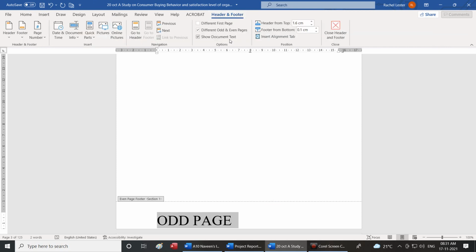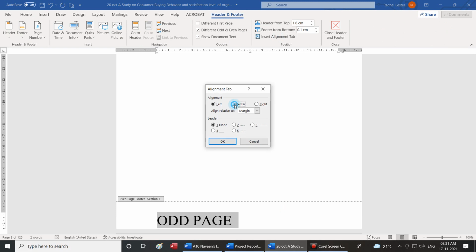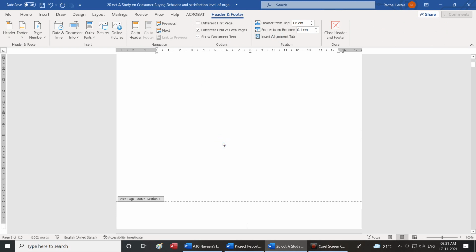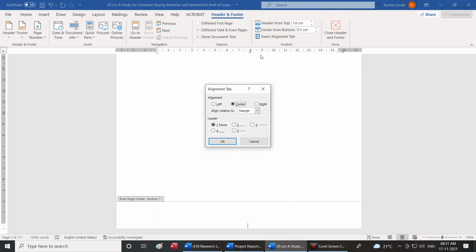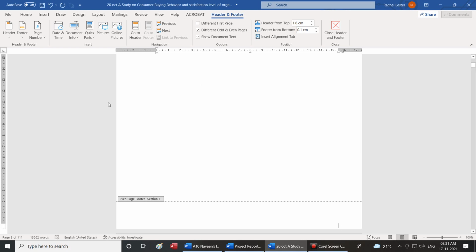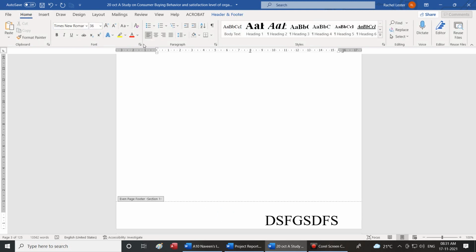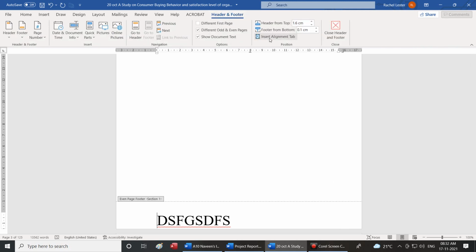Okay, now header and footer. When I come to alignment, okay, center alignment, it will push it to the center. Then I can always select insert alignment, right alignment, it will always push it to the right. This can be done here also, or after I enter the text, I can always come to home ribbon. Whatever I do, left, center and right, everything can be done. So I'll just go back. We will go to header and footer alignment.